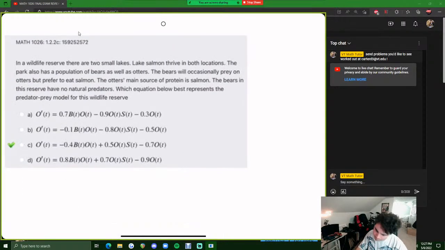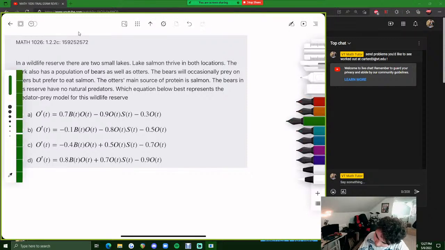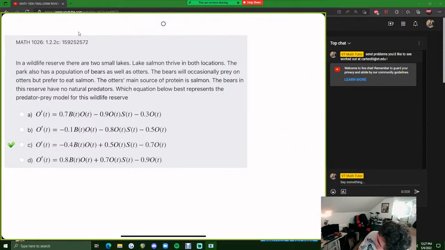All right, let's keep it going. In, I think, the second quiz, there was a lot of stuff about predator-prey models, so I wanted to touch on some basics with that. So in this problem, they say